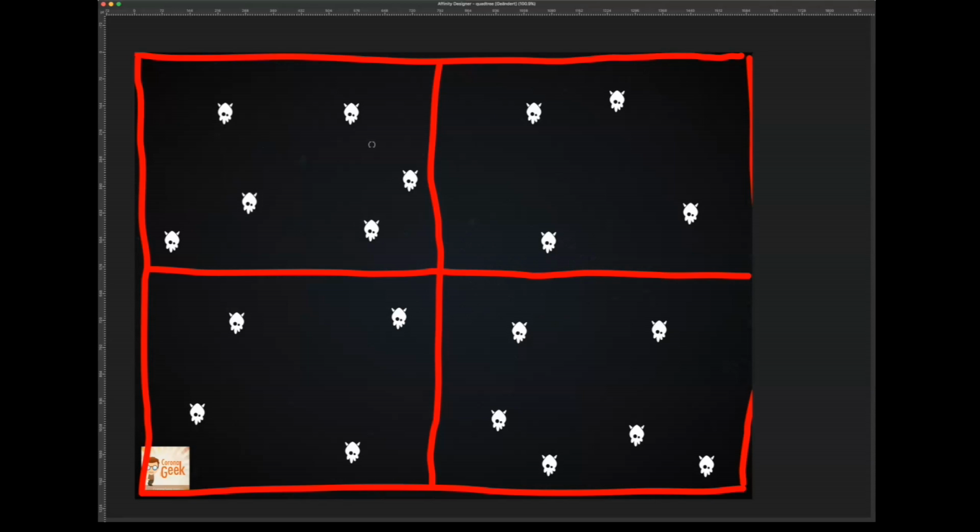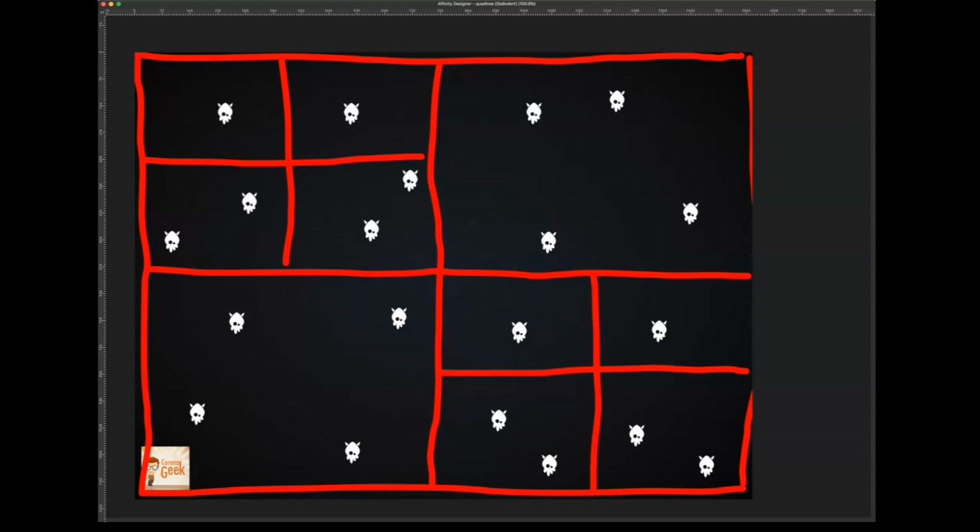So in this case, we have 6. So Quadtrees divides this again. And then this branch is okay, only 4 objects. Here are 4, and here are again 6. So this would be divided again. Now everything is fine, and no branch has more than 5 objects.